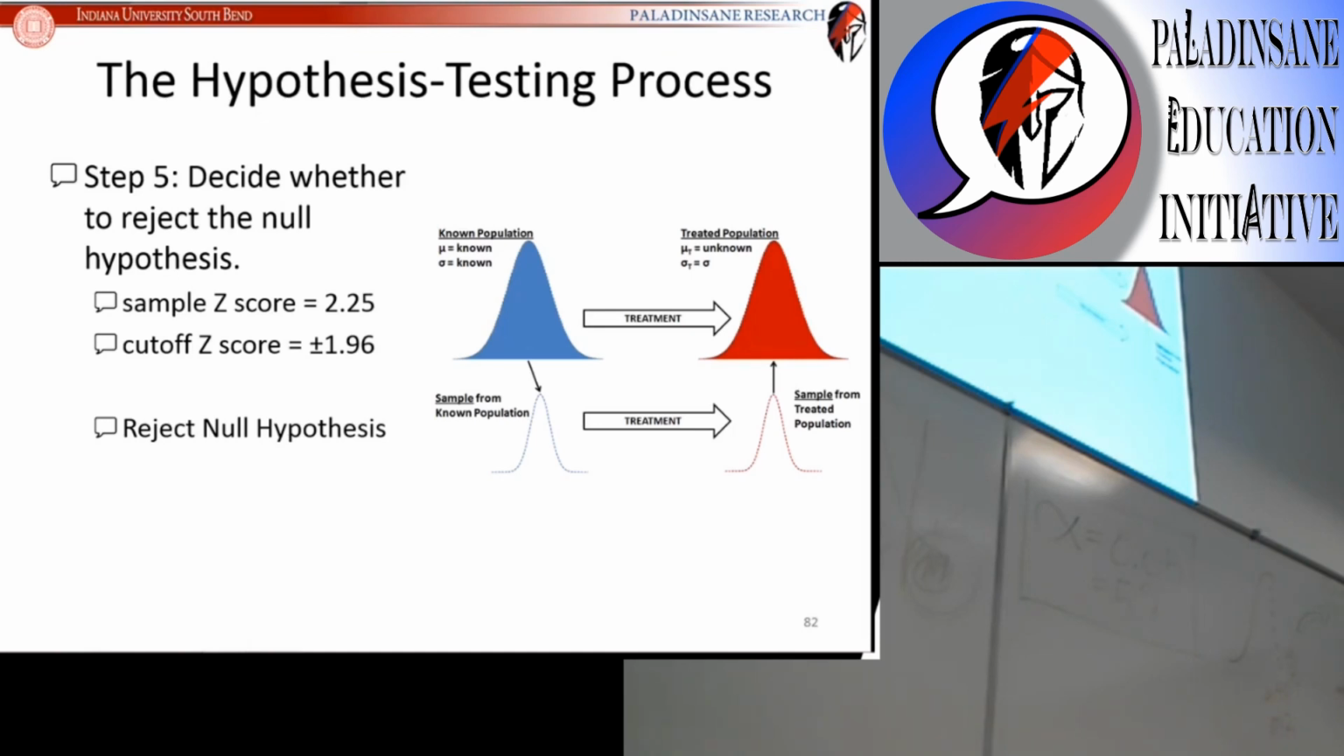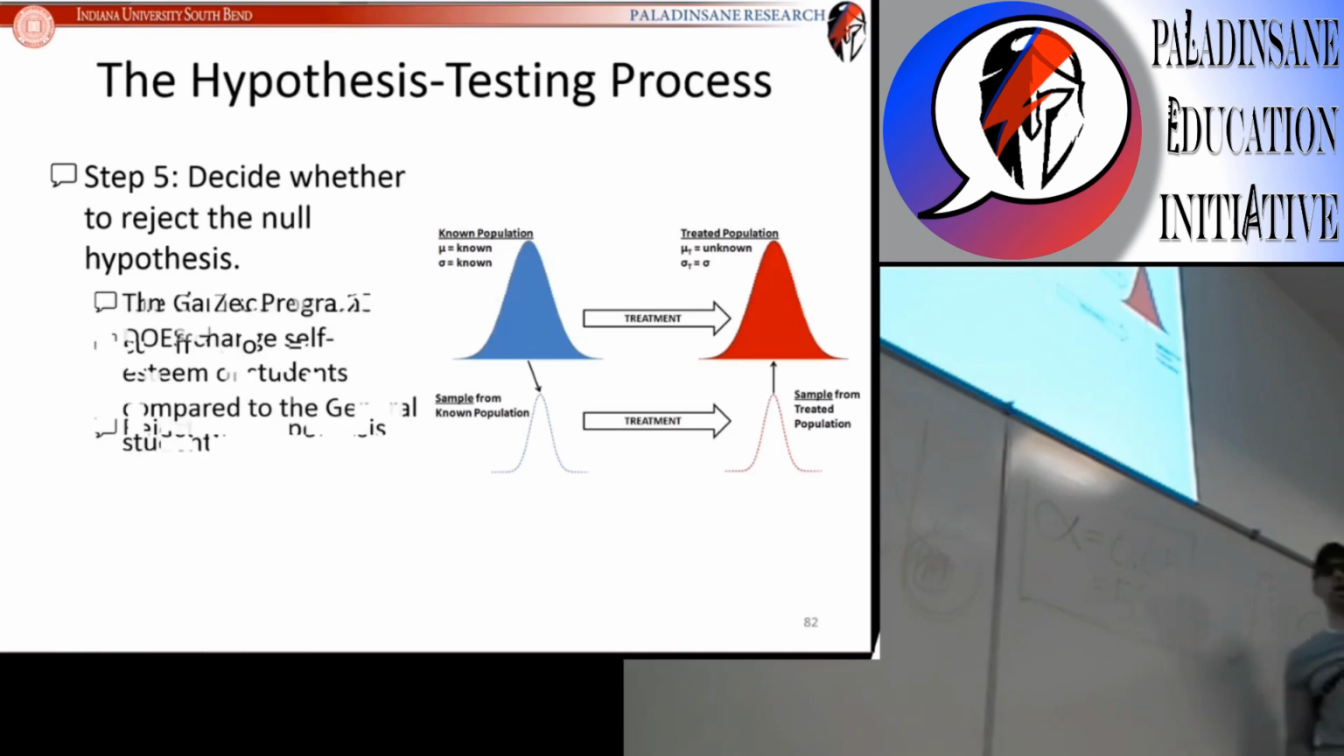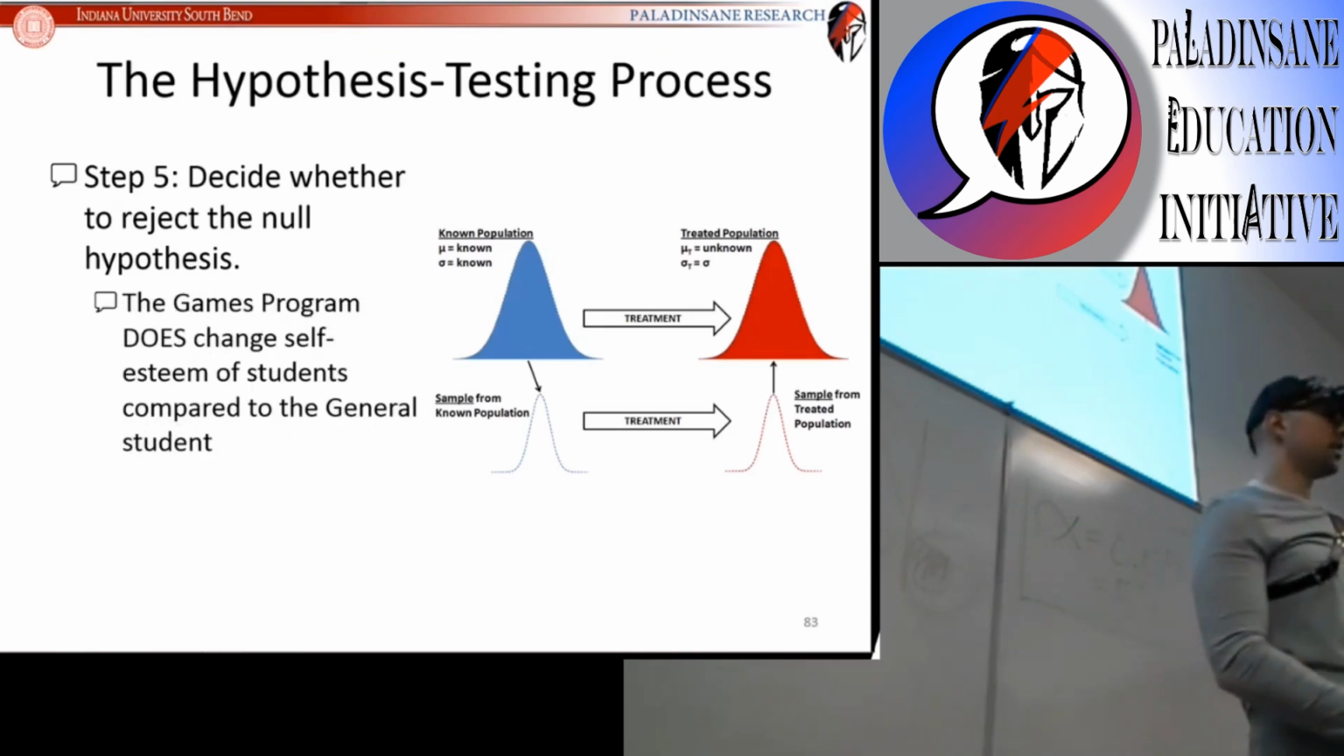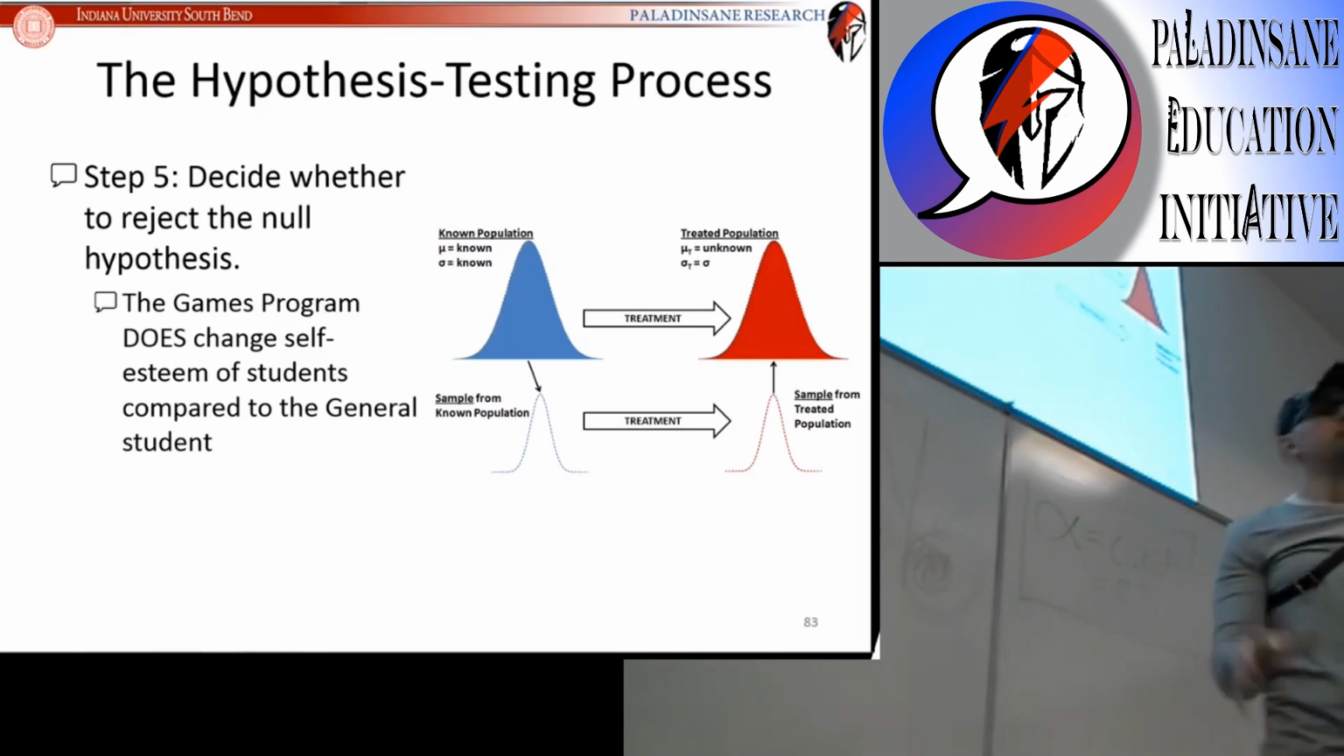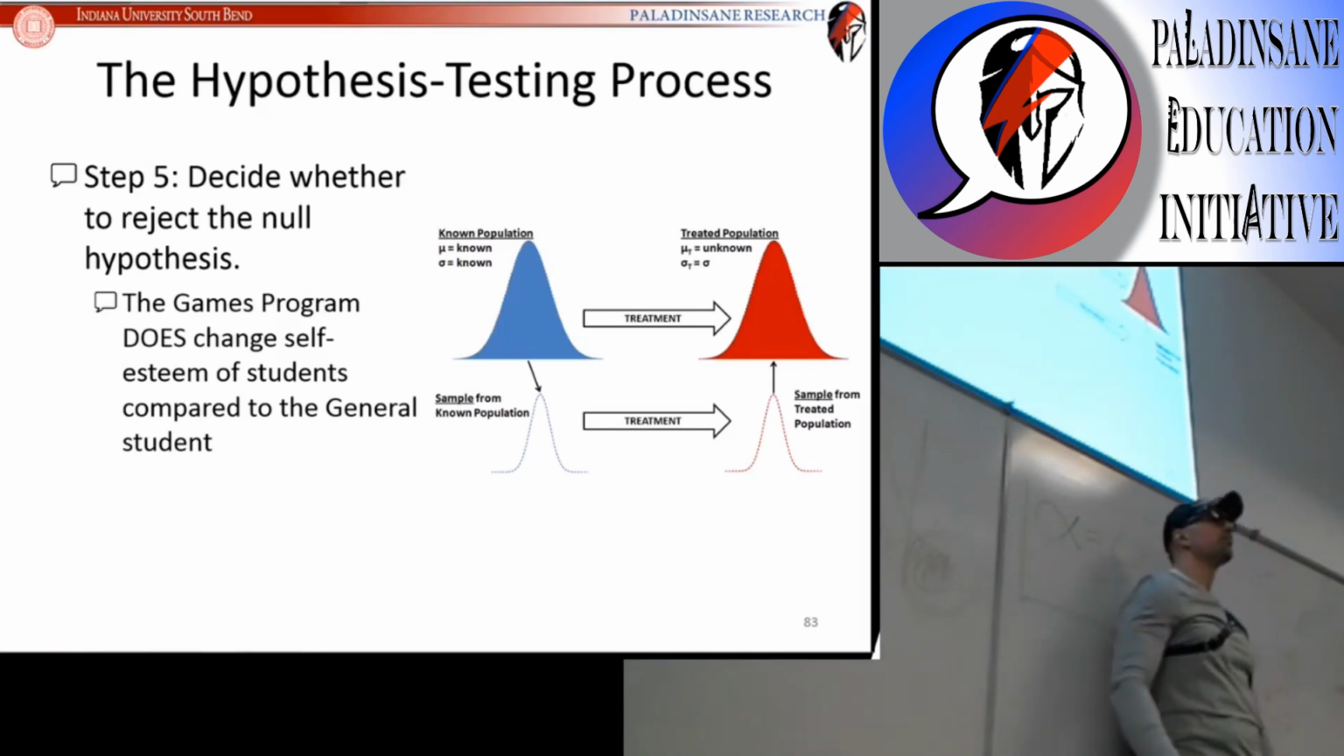Our score for the sample crossed the line, went past those cutoff scores, so we reject the null hypothesis, and we conclude that the games program actually does increase self-esteem. It actually does make a difference. It actually is effective. And with this result, we would ethically and intelligently be able to phone up schools across